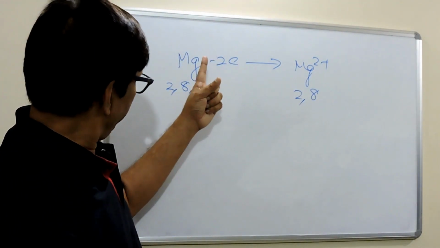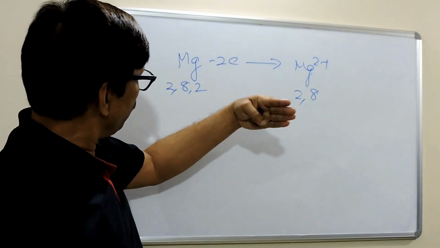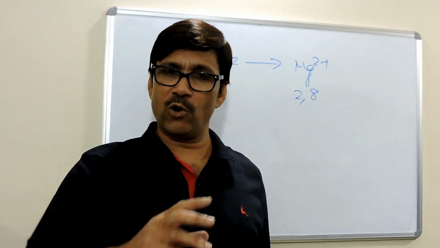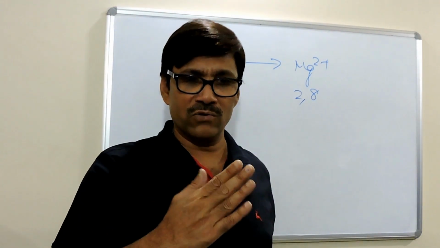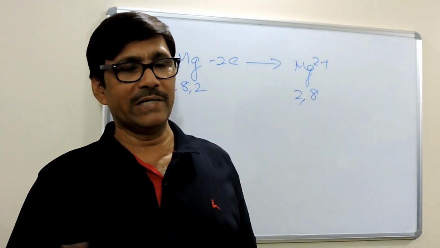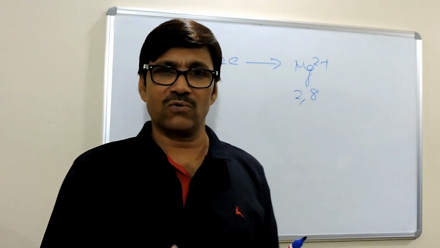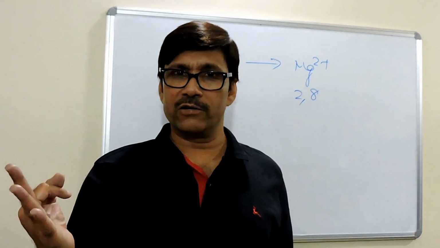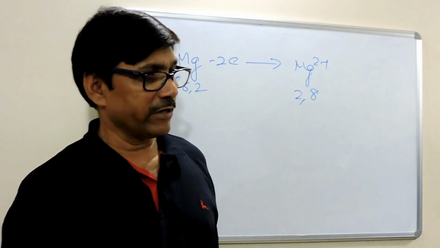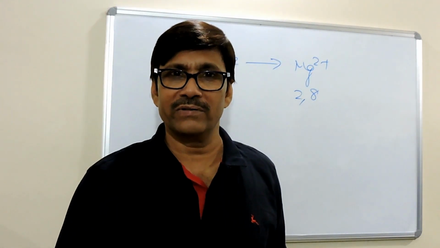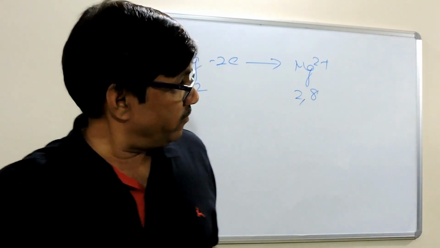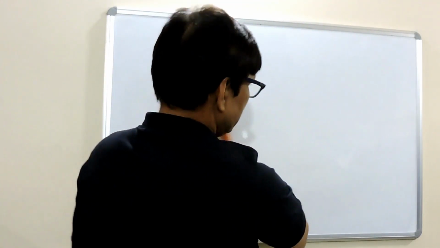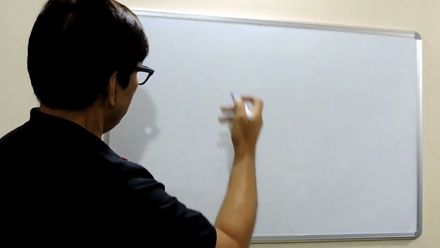Now, if more than 1 electron is lost, then the loss of electron will not be in a single step. The electrons are lost one by one. Means first magnesium will lose 1 electron, then the second electron. In the case of aluminium, it loses 3 electrons to form Al3 plus ion. So first it will lose 1 electron, then second electron, then third electron. So if magnesium loses 2 electrons,